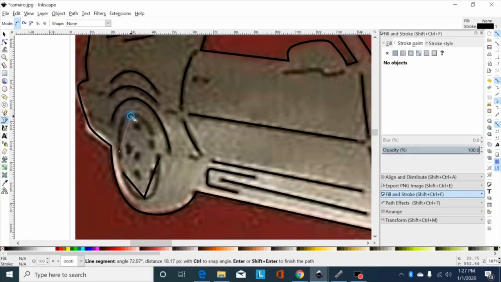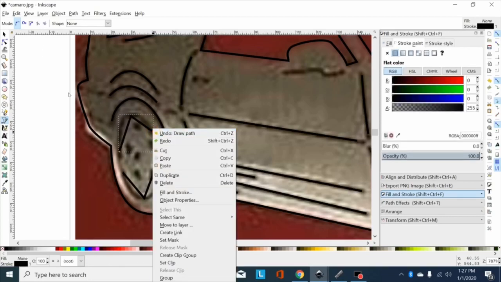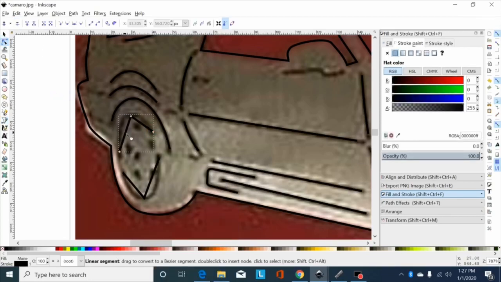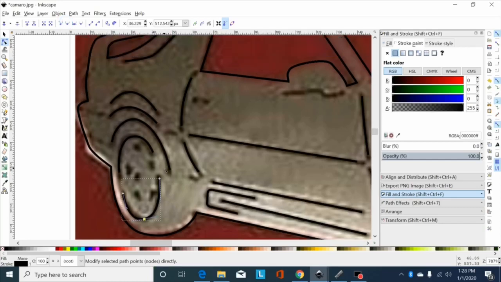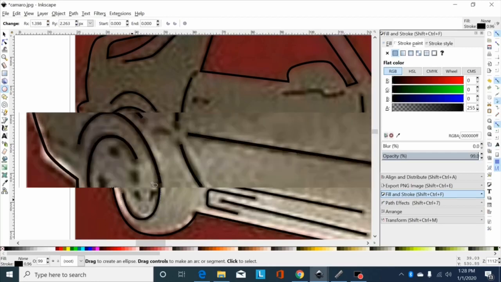So I just go around. I mean, I've almost got this. Oops, I accidentally hit the... So you're just dropping these lines, then you go to your node editor, adjust your contours, and just work your way around and get this dude traced out. So I've almost got it. These are back here. Depending on your size, I don't know how well this back here would cut,